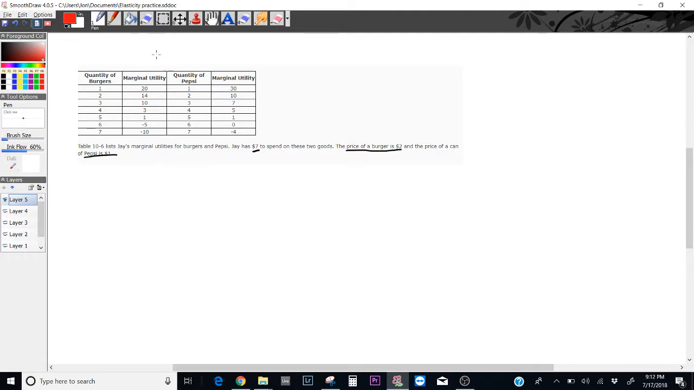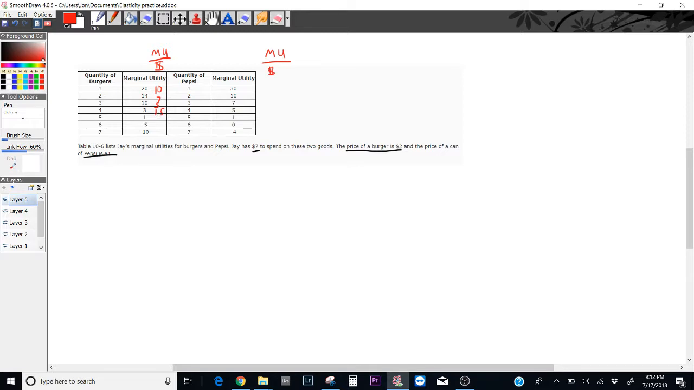The first condition for our equimarginal principle or equimarginal rule means that you have to find the quantities where marginal utility per dollar are equal. So let's find the marginal utility per dollar for both burgers and then also for Pepsi. So if the price of burgers is $2, I'm just going to divide my marginal utility by 2. So I'll have 10 right here, 7, 5,